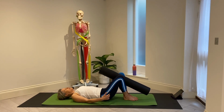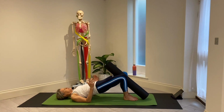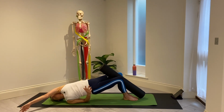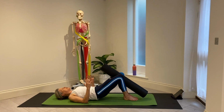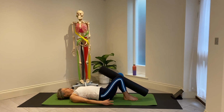From there again, we're going to breathe in as you open into that arch. Now exhale, push, tuck, and tilt. From there, you're going to thrust. As you breathe in, I want you to reach your opposite arm up and over to the side. Then you're going to exhale and lower down. Breathe in again. As you exhale